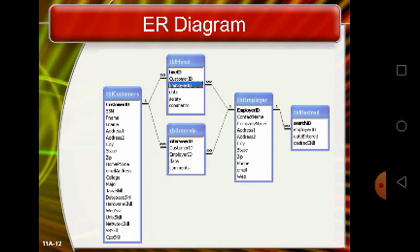The order and employee tables can be linked to control scheduling. Connecting one table to another table is called an ER diagram, that is, an entity relationship diagram.